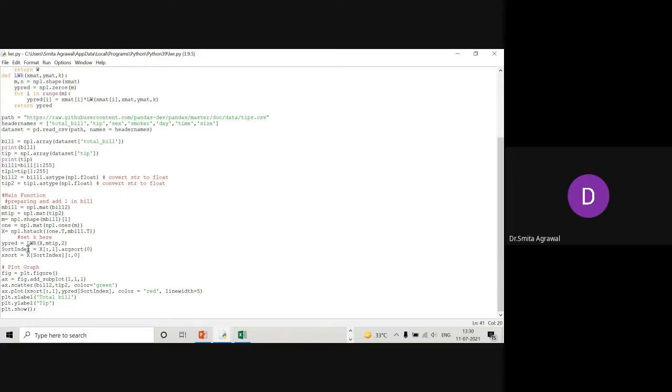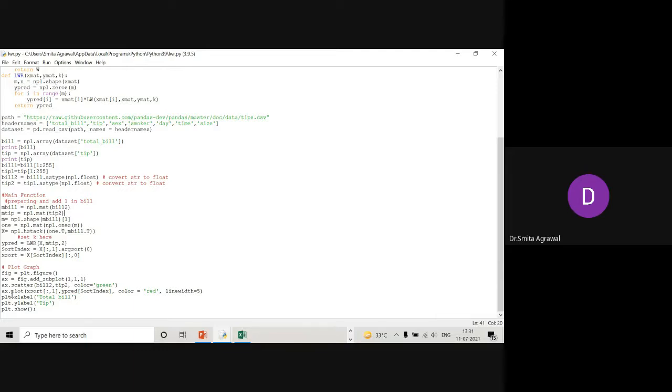Now, after performing all these steps, finally we need to display the graph on the monitor. For that we can use fig = plt.figure(). We call this function to visualize the graph on the monitor. Then ax.scatter, by using this function we can plot the scatter graph using the data set bill2 and tip2, and the color of the data points will be green, because the value we are passing here is green.